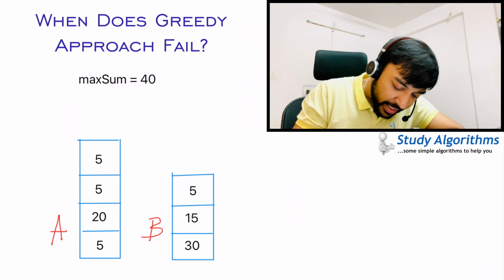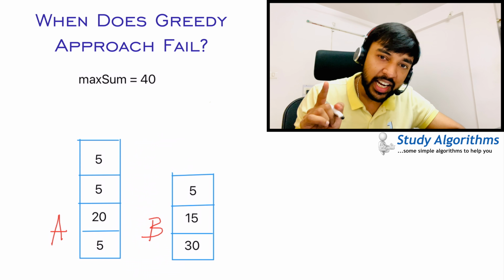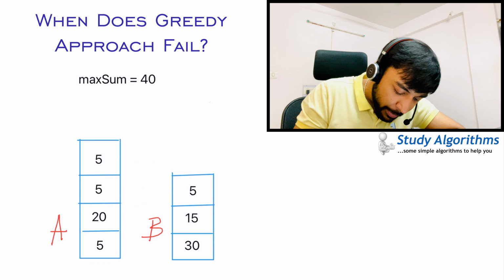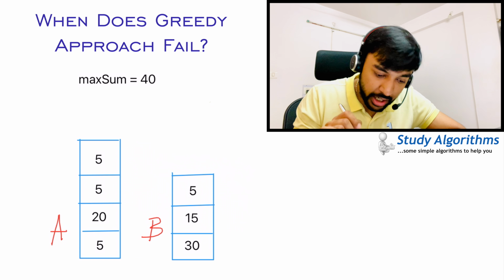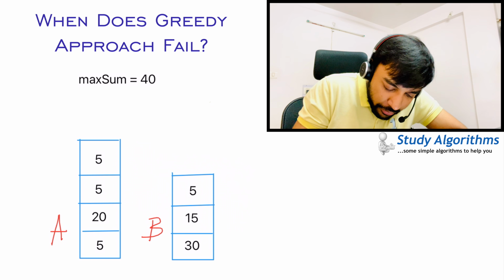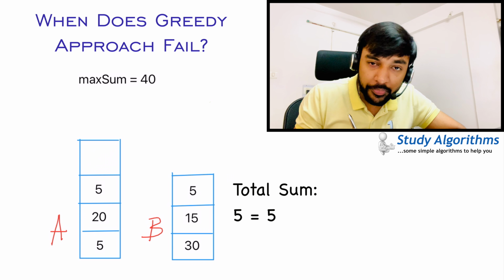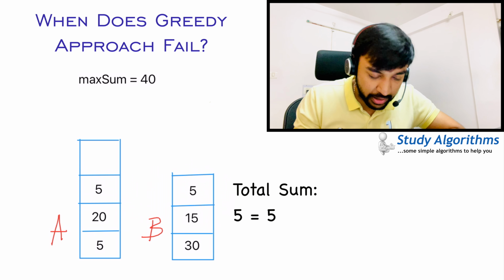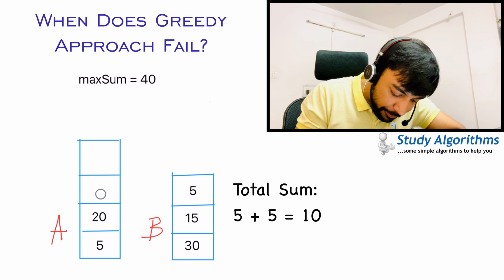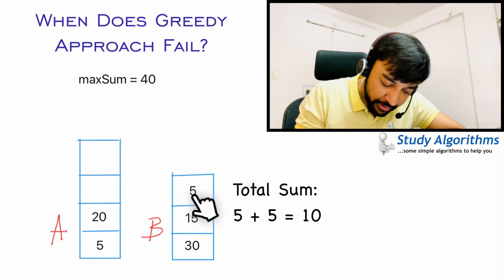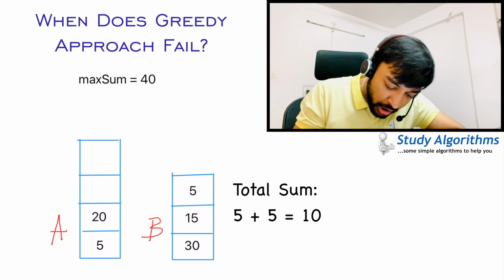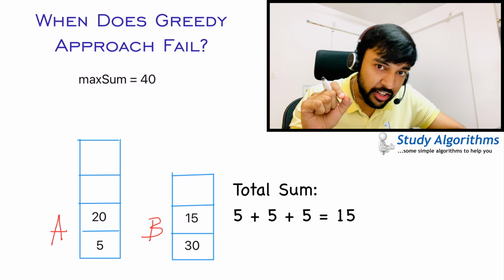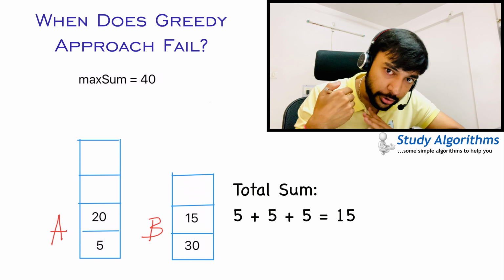So I have these two stacks A and B, and once again I will start comparing the top elements. This time I have the elements 5 and 5 in front of me. So what I do is I just pop one of them. Let us say I pop this 5. Now I would be comparing 5 and 5. Once again, both of them are the same, so I pop out this 5. Now I compare 20 and 5. 5 is smaller, so I would pop out 5. You see that the sum is 15 right now, correct? So we can proceed ahead.